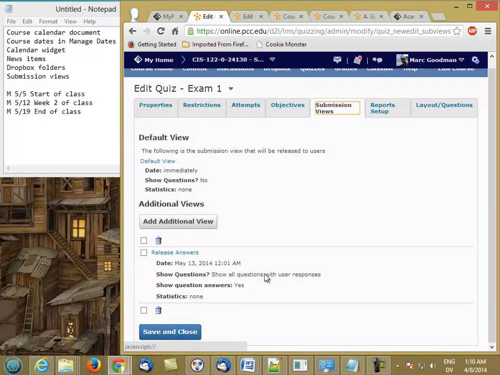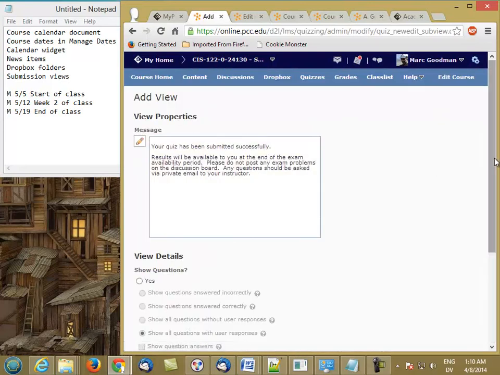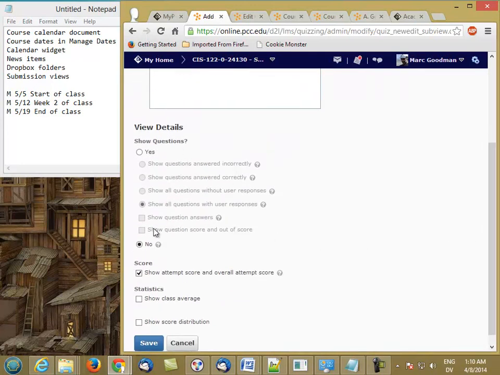So the way this works is that during the exam period, students can't review their answers and can't share their answers with other students in the class. But after the exam closes, then they can see their answers and the correct answers so that they can go in and ask any questions about why they got something wrong. So the way I set this up is the default view has no to show questions,